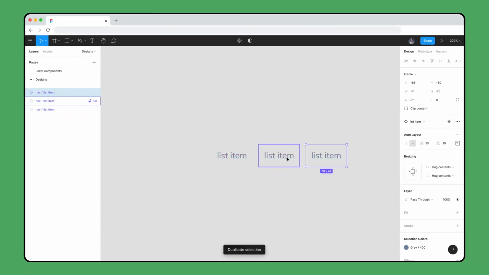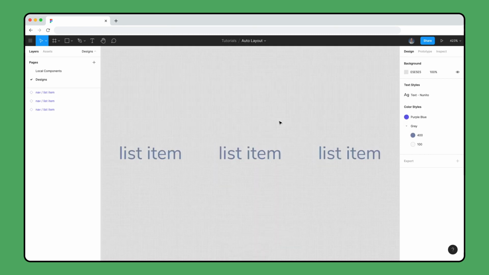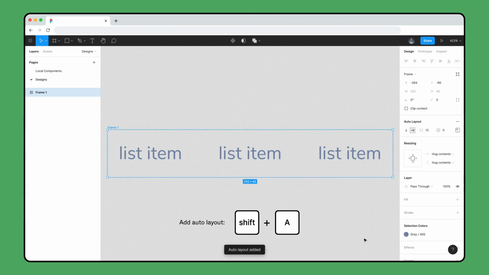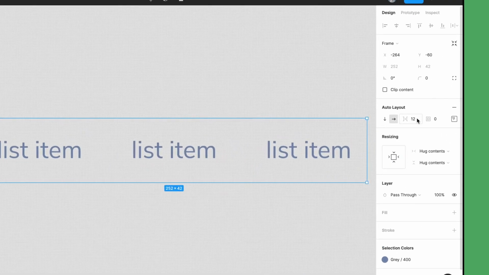Now create 3 instances of the list item component, select them, and use Shift-A to add auto layout to create a horizontal row of items. Nesting auto layout frames within other auto layout frames helps you create powerful and responsive designs. The distance between items before adding auto layout is automatically set to the space between items value, but we'll adjust